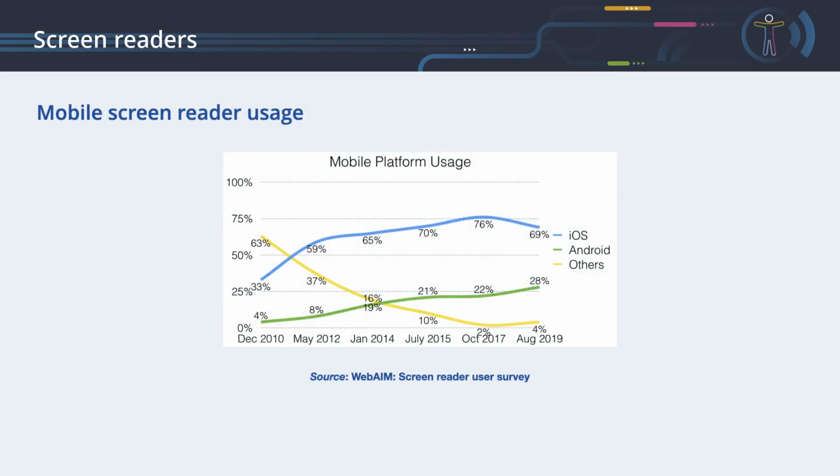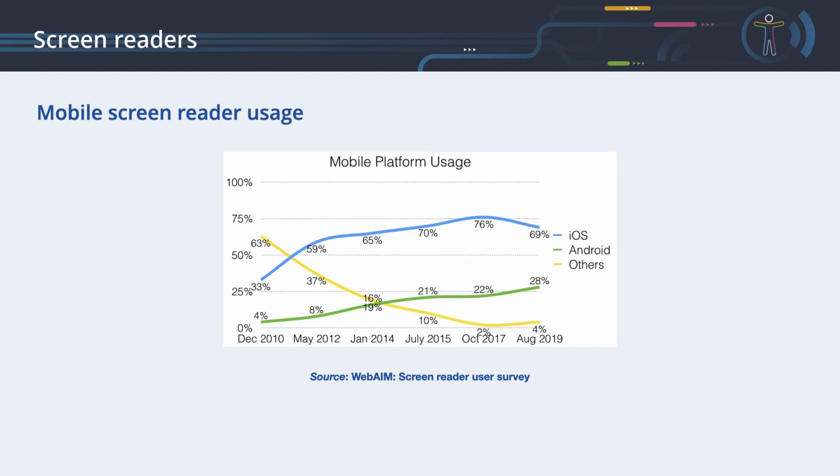Mobile screen reader usage. The scenario looks different when we look at the mobile use of screen readers. As Apple is very successful in the accessibility domain by enhancing all of their products with assistive technology, their mobile products are very popular for users with visual impairments or visual disabilities.